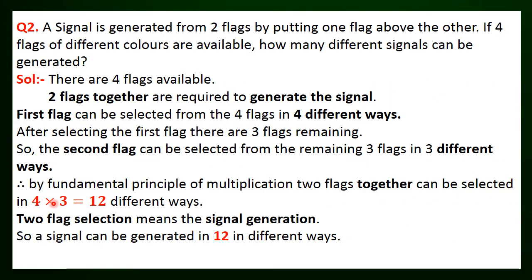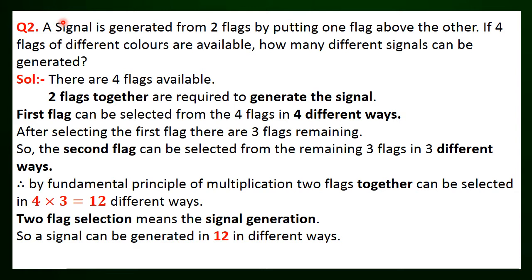Before going to the second question, I have to tell one more point based on the first question. In the first question, there is a condition that the monitor selected should be a girl. But suppose that condition is not given, that is, a monitor is selected from the class, then the number will be different, because there are 30 boys also. So 30 plus 20, 50 students are there in the class. So if there is no mention of girl or boy, then we can choose a monitor from the class in 50 different ways. I hope you all understood the difference between the given question and this point.